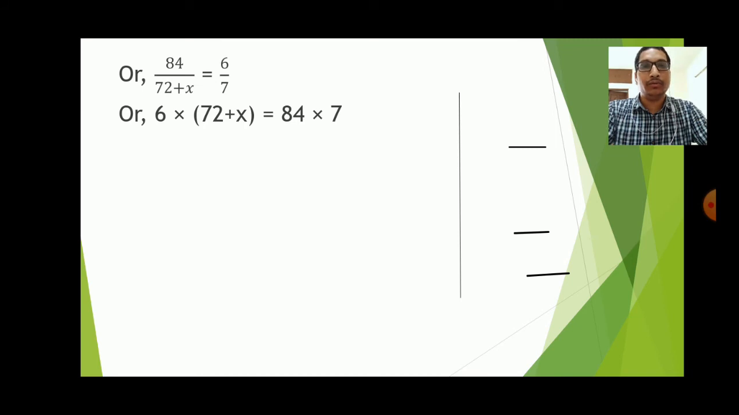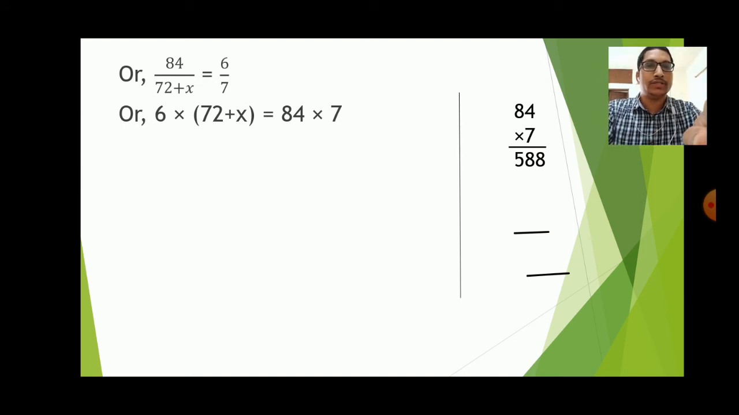Now at this stage, we will multiply 72 and 6, and x and 6. Okay. Now 84 multiplied by 7. At first we will see, if we multiply 84 and 7, what will it be? 7 times 4 is 28, so 8 and carried number 2. And 8 times 7 is 56, and carried number 2, so 58. So if we multiply 84 and 7, then we will get